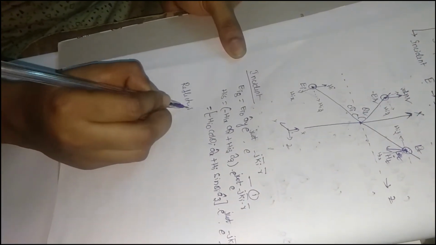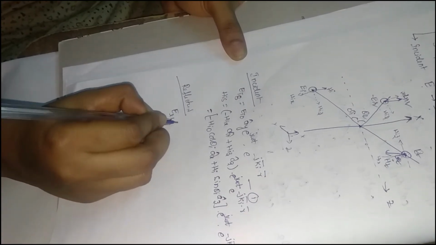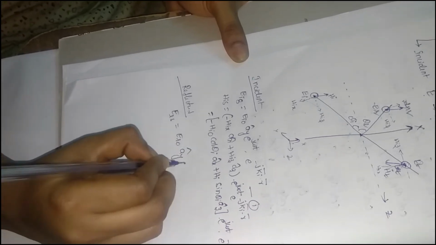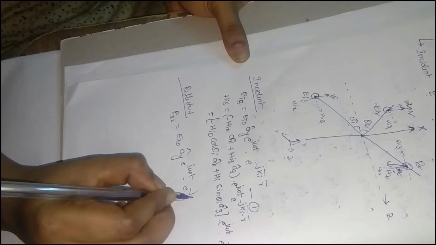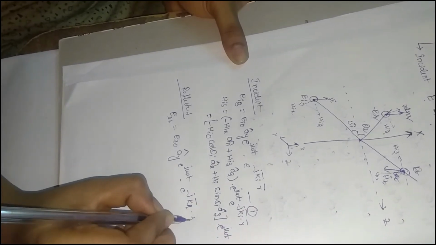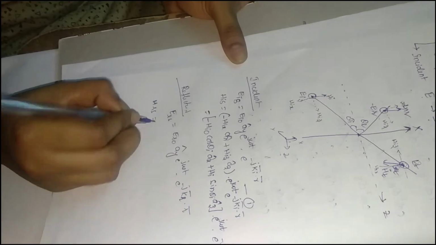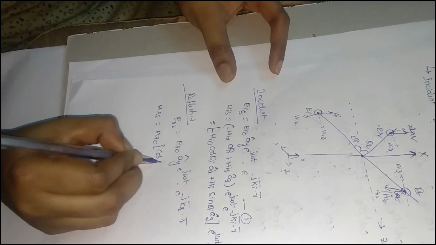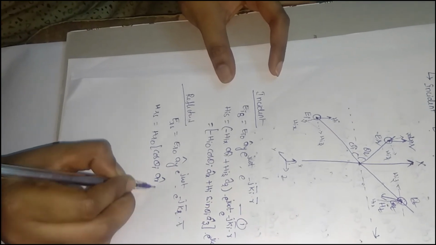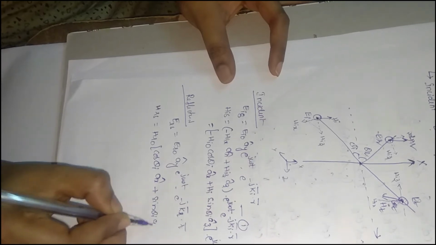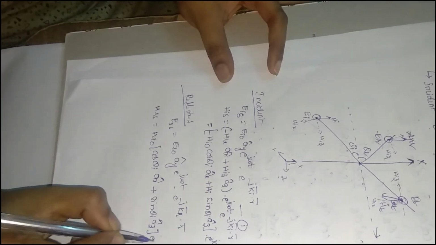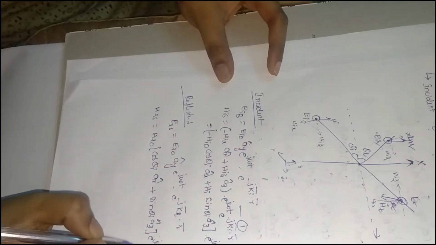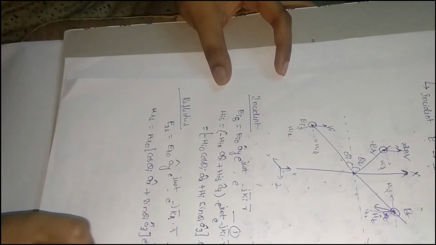Reflected. So in the reflected wave also, the electric field component is ER0 AY cap e power j omega t e power minus j kr bar dot r bar. So HRS is, similarly, directly I am writing here, HR0 into cos theta I AX cap plus sin theta I AZ cap, into e power j omega t into e power minus j kr bar dot r bar. Let it be equation number 3 and here equation number 4.